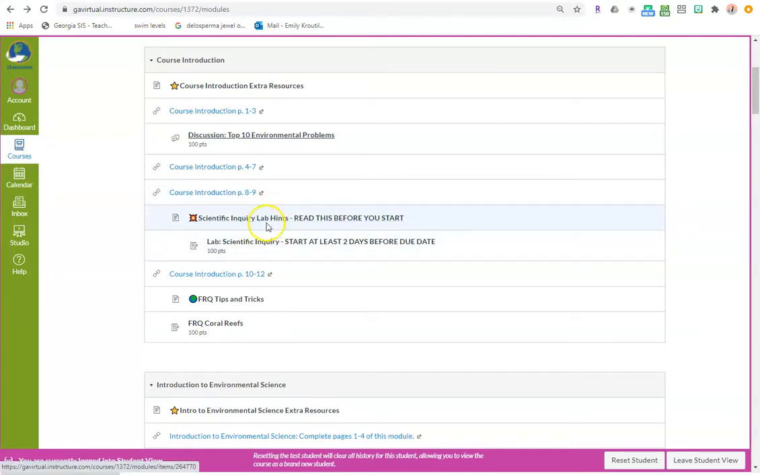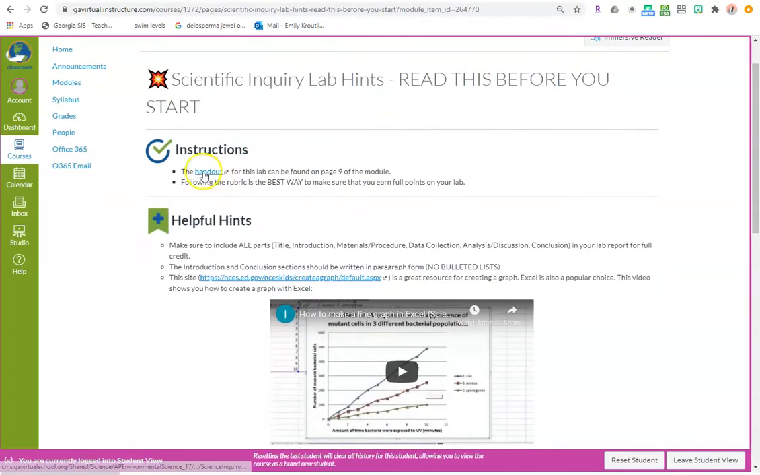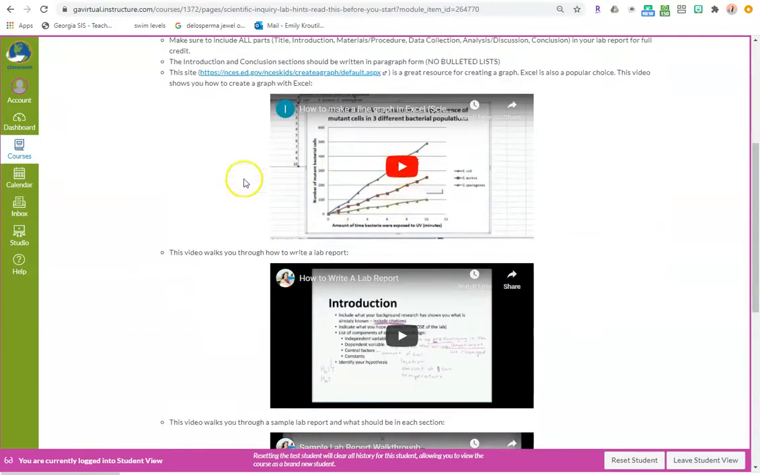So the hints page, remember, it's got an emoji in front of it, so that means it's something I made to make your life easier. So you have the handout here. It tells us where to find it in the module. It shows the rubric, any helpful hints, how to make a graph,